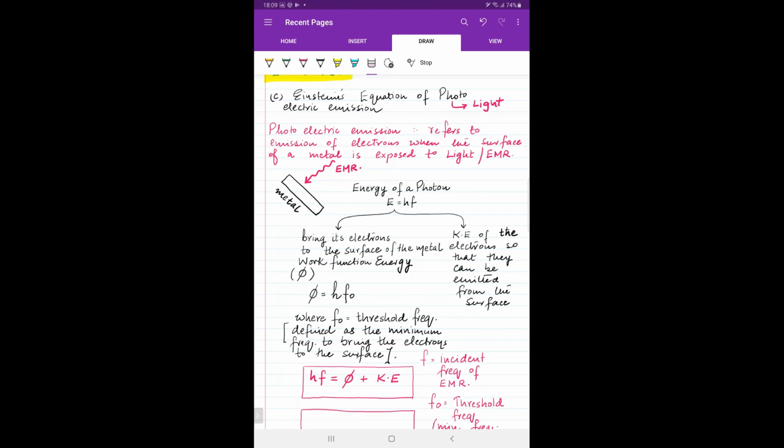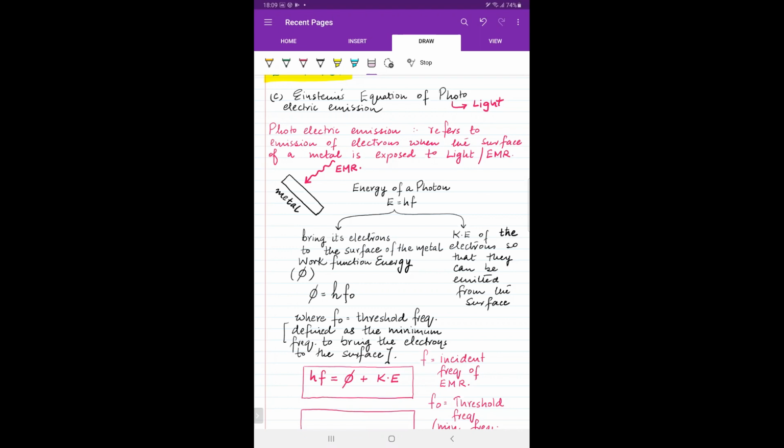Threshold frequency kya hai? The minimum frequency required to bring the electron to the surface. Okay, so no need to worry about the statements. ये आगे appropriate forms में लिखे हुए हैं. I'll just show them to you in a while. Repeat में दोबारा एक और दफा कर दूं